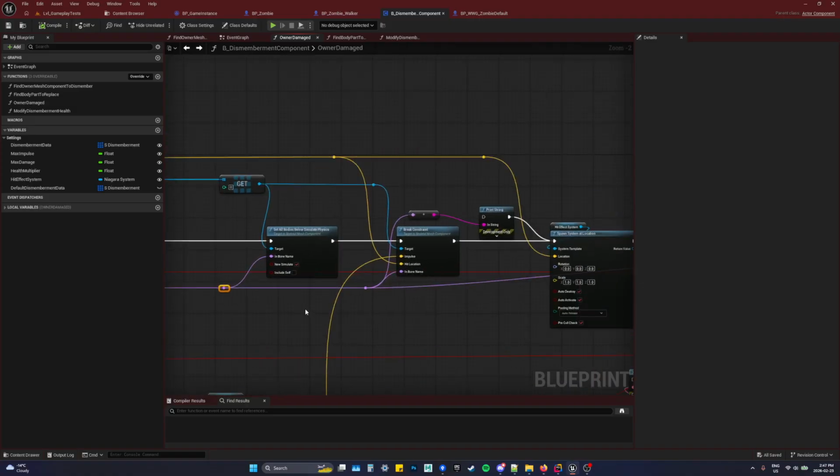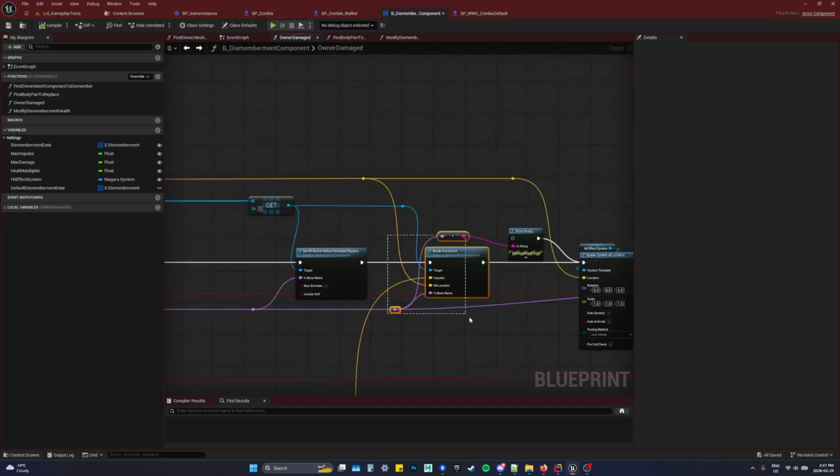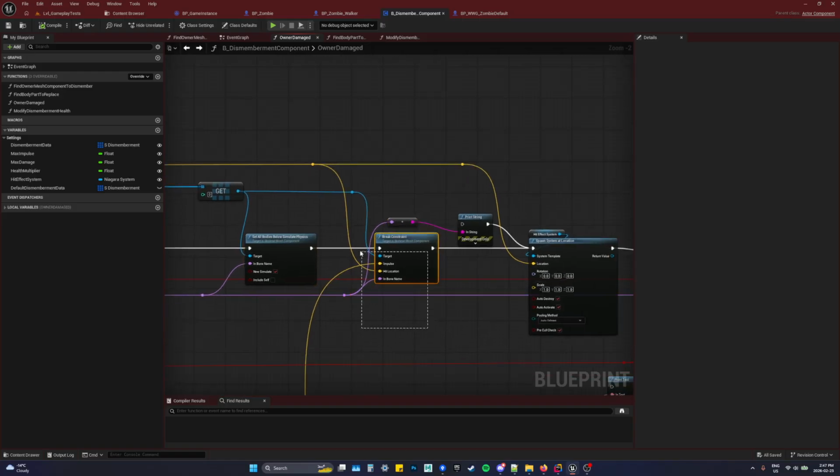So I only simulate it. I don't simulate it on the whole character mesh, just the part that we broke off or were about to break off. So then the important part happens. So break constraint. Now, break constraint was a little bit confusing to me at first,